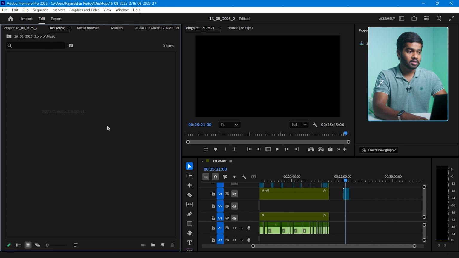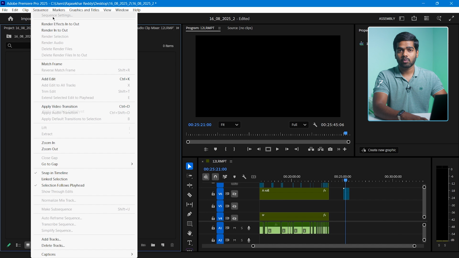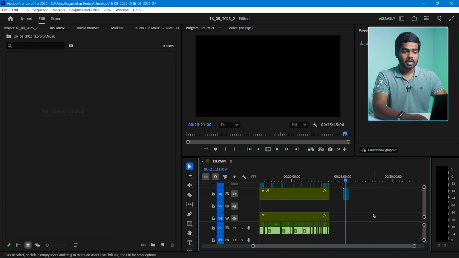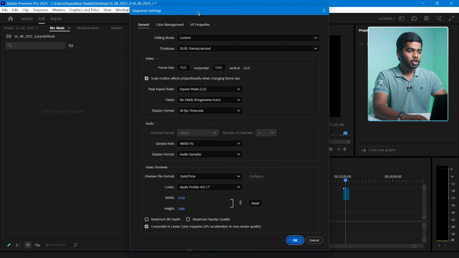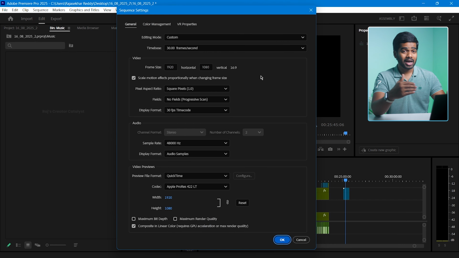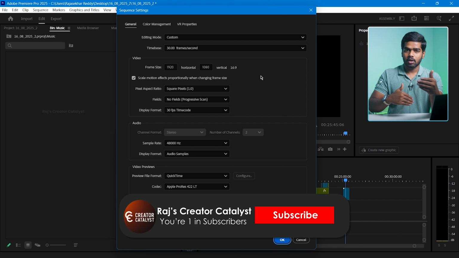If you don't highlight this and go to Sequence, you see this Sequence Settings option is blurred, faded out, right? So click on the timeline. Now go to Sequence, click on Sequence Settings. Here you can choose the preset. What I do is basically just drag and drop into the timeline so that the default